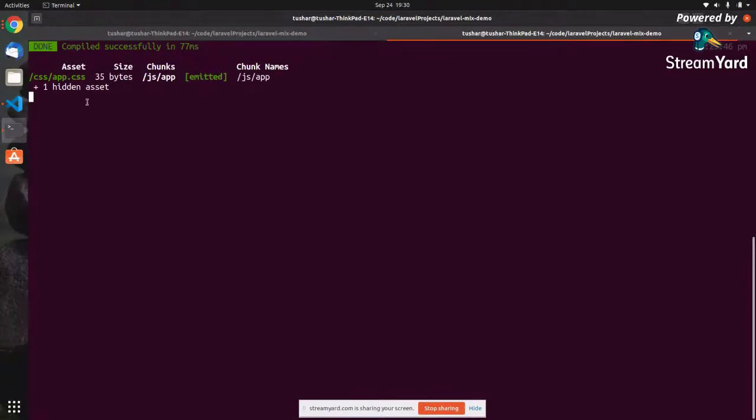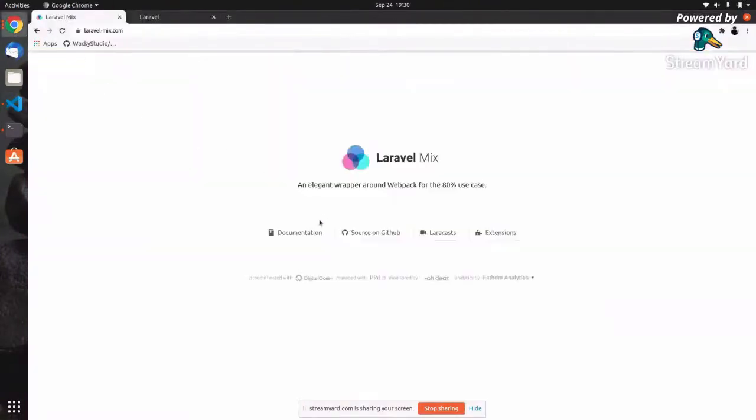So now let's go a step further and see. Now npm Laravel Mix is watching our changes, but still we have to refresh the browser every time we make any change, right? What if you want that every time you make a change, you don't have to refresh the page, and the browser should automatically get refreshed? So for that, what we have in Laravel Mix is